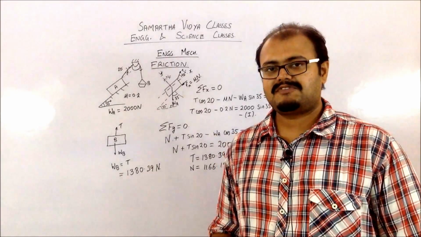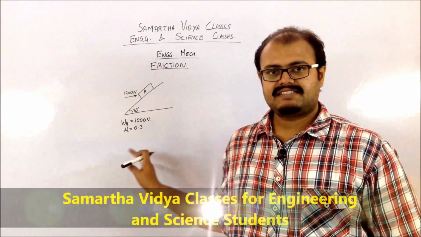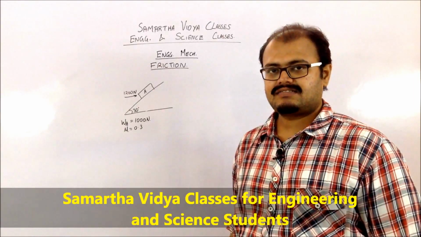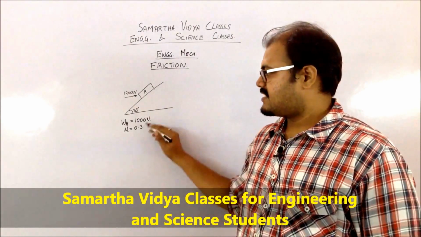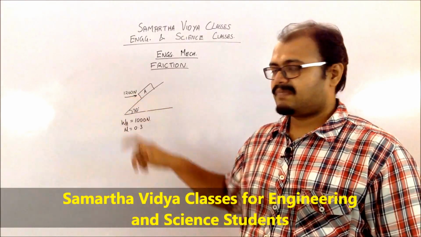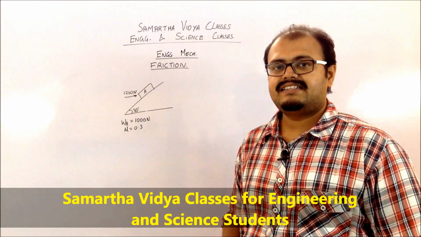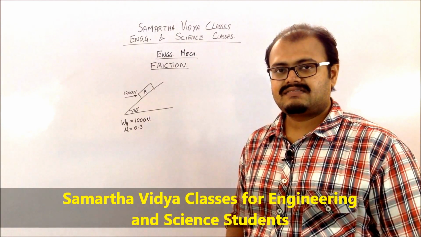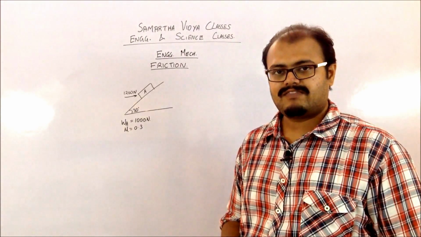Let us take one more type of problem to get the concepts clarified. So let us consider this problem which is given to me. We again have a block A which is kept on an inclined surface. We have been given that the weight of block A is 1000 newtons. The question asked is: if for A I am applying a horizontal force of 1200 newtons, what will be the condition of A? That means whether A is going to be in equilibrium, or if it is going to slide downwards, or if it is going to go upwards.